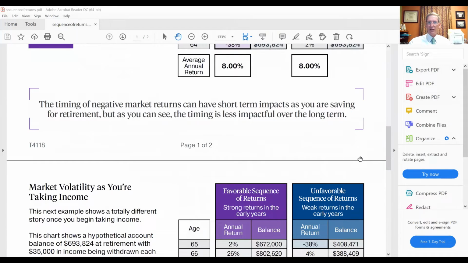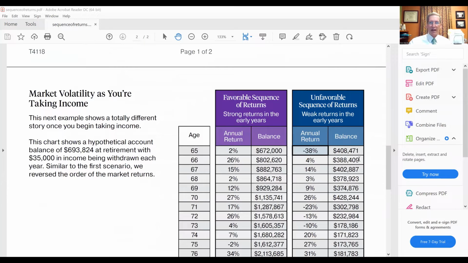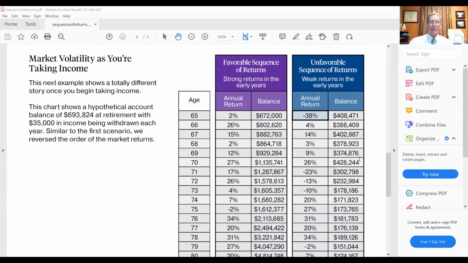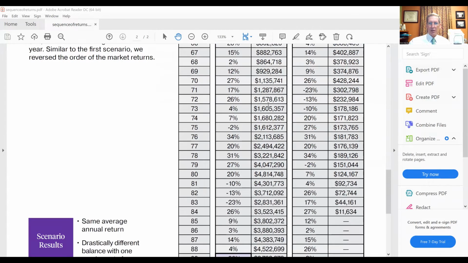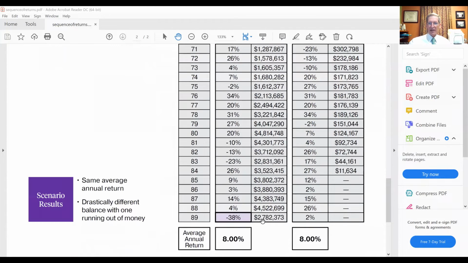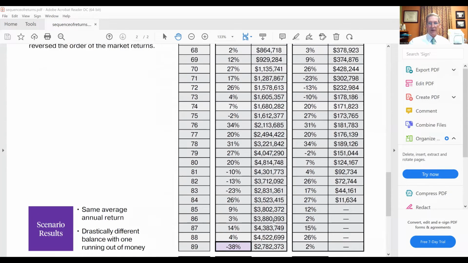However, when we move to the distribution phase where we're going to start taking money out, in this scenario, you can see same rate of return, favorable sequence. The individual starts taking their distributions. And when they get out to age 89, they've drawn all the income they wanted and they've still got a large sum of money left.